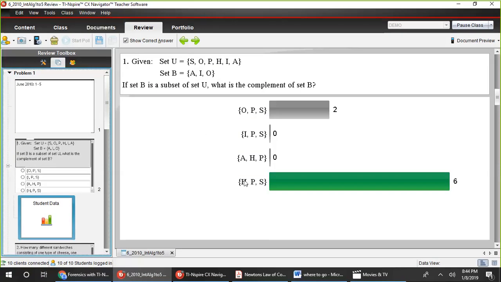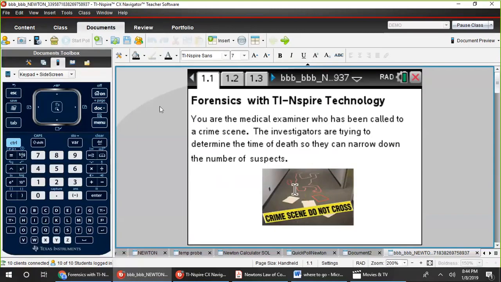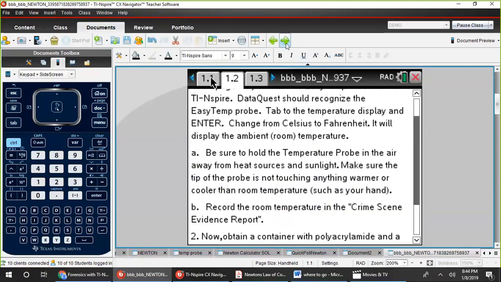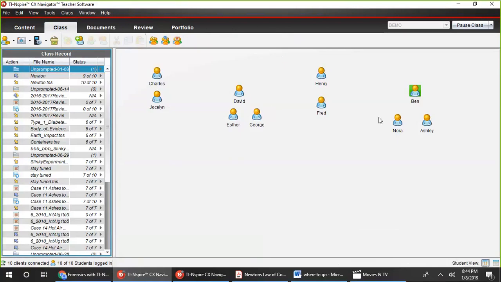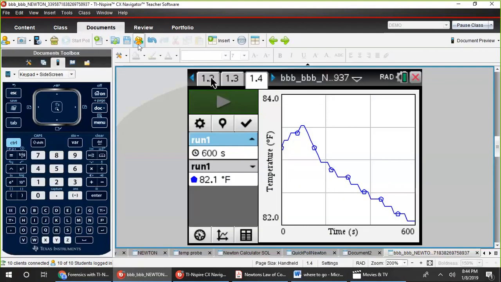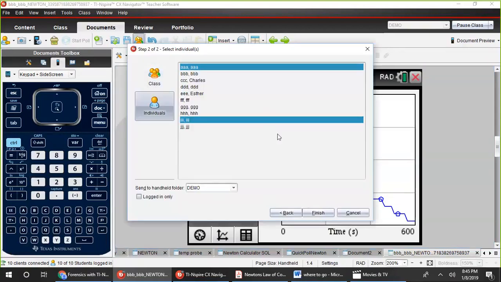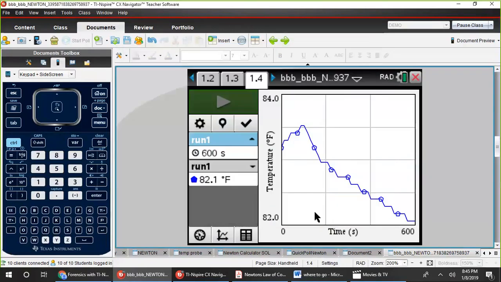So going back to my documents, because I chose to view it. So this is now Ben's file. I go to the class where I set up his lab partners, and I highlight his lab partners. And back to the Send to class. And you can see that only his lab partners now are highlighted. I click Finish. So as all the files get sent to me, I send them back out.